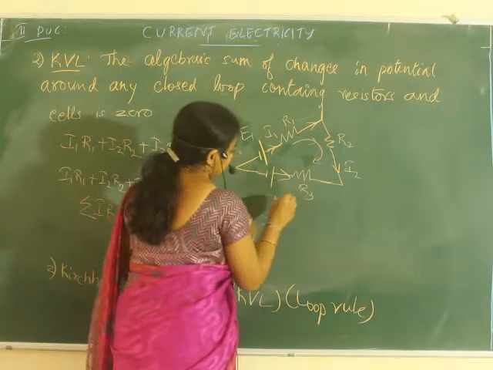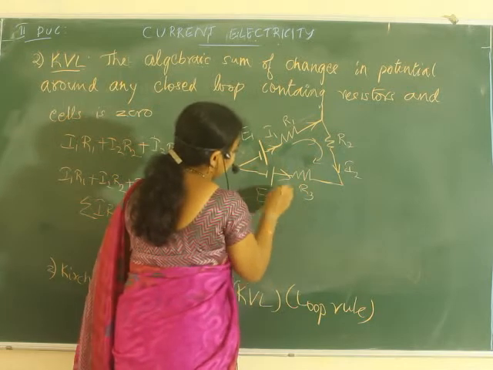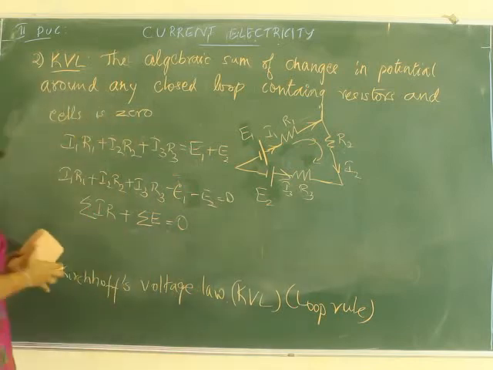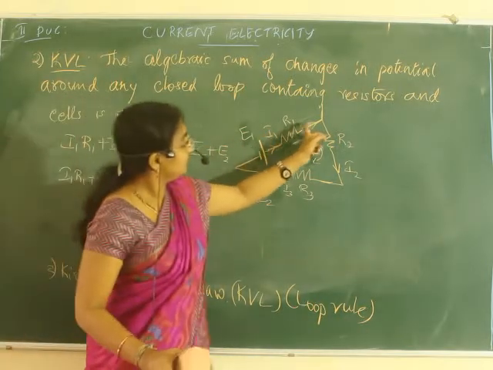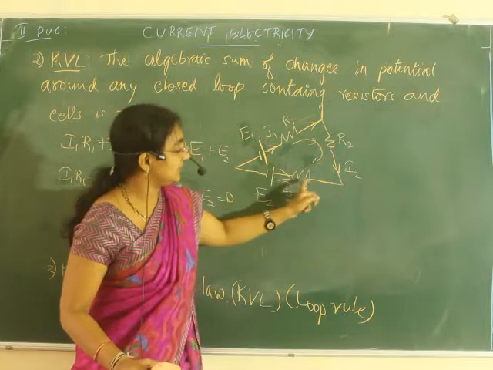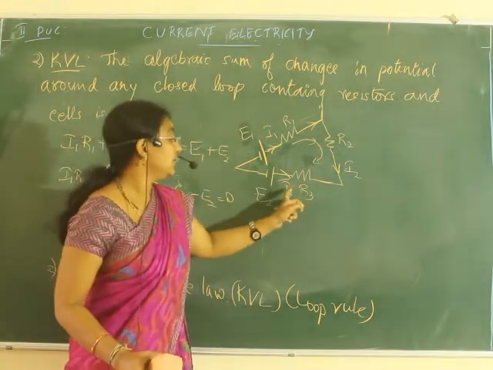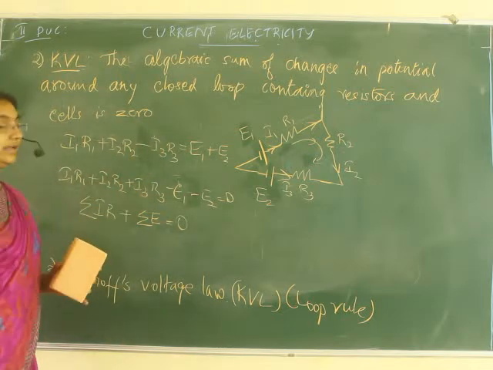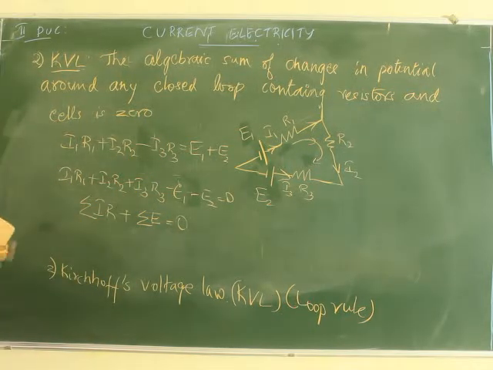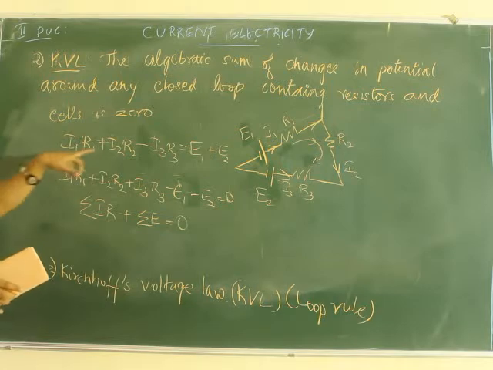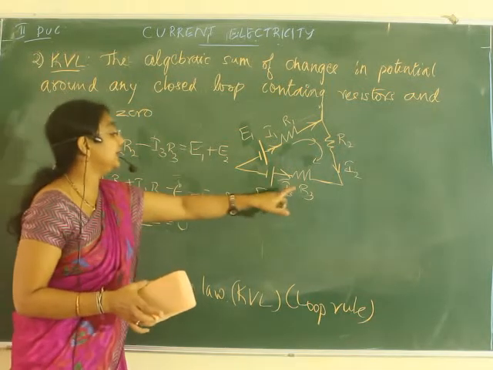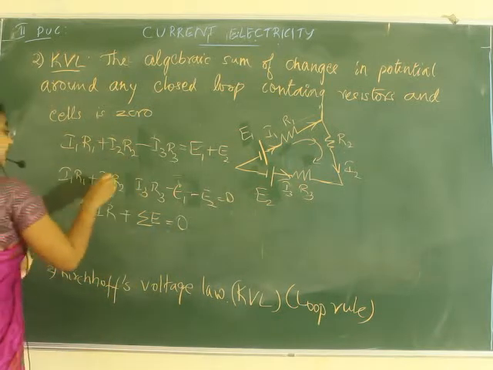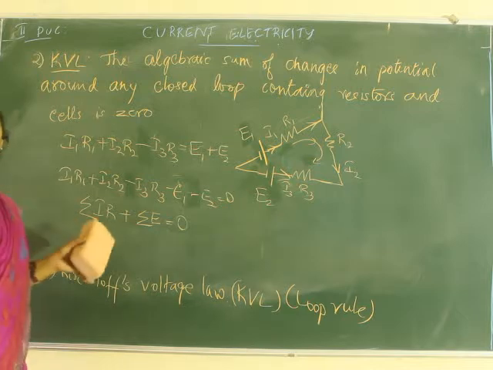Now this is nothing but the direction of current, I3. Correct? Now the equation is same direction, but this is now opposite direction. So how can I write? Minus. Understood? When it is opposite to the direction we have taken, we will take it as minus I3 R3. Understood? But even then, your summation I will be same.